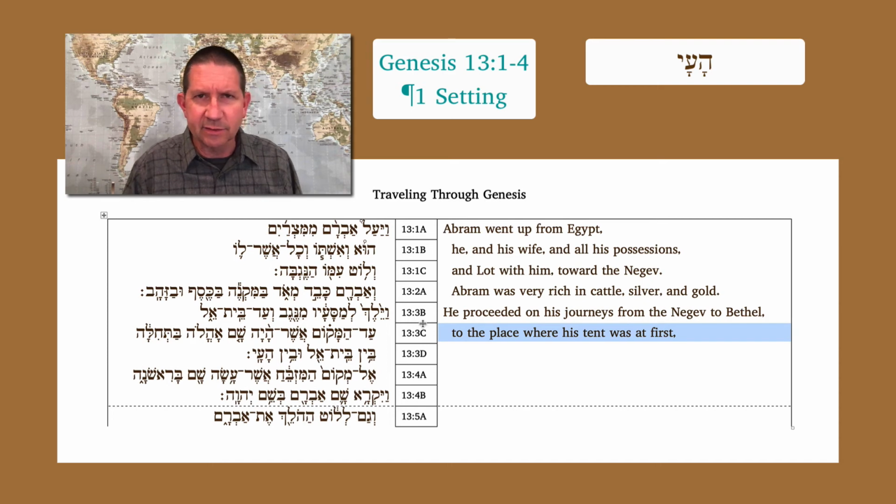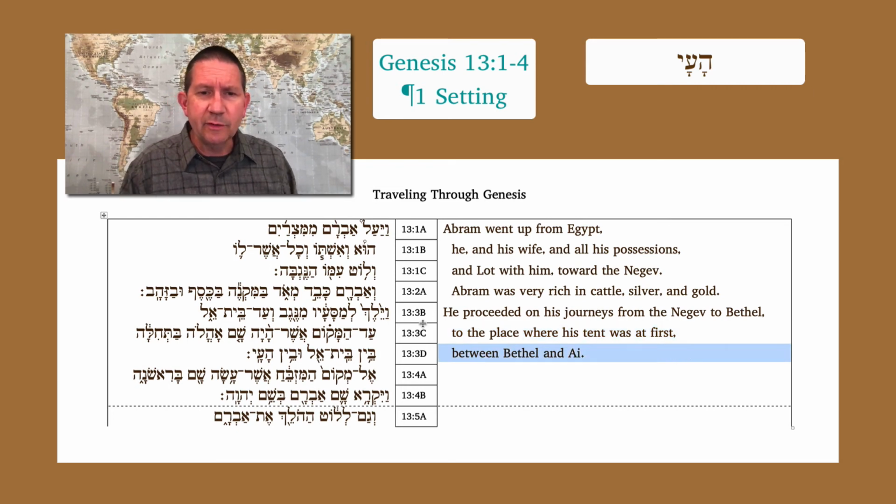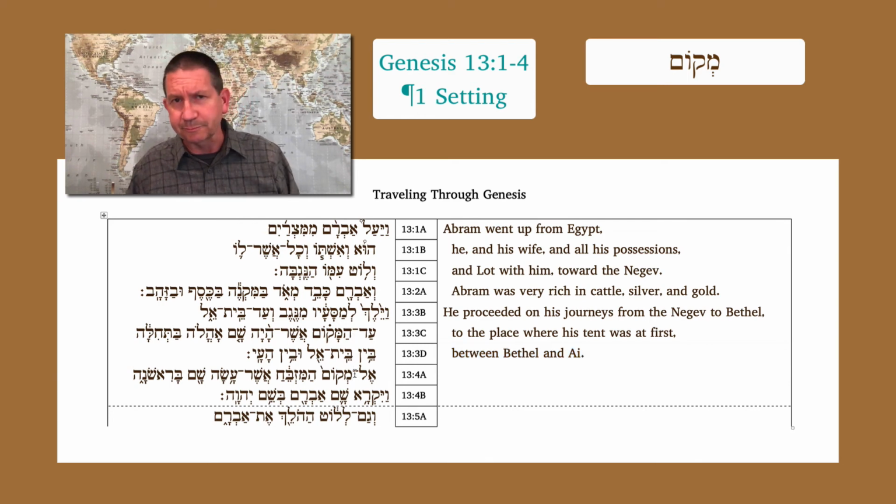The noun Ai itself just means a pile of stones. Sometimes that then is referring to a ruin, but not always. So this city is simply known as, like Beit El is house of God, and Ha'ai is the pile of stones, but it gets used as a place name. All right, so then we have El Makom HaMizbeach. So you see in 13c we had Hamakom, and here we have Makom. What's the difference between those?